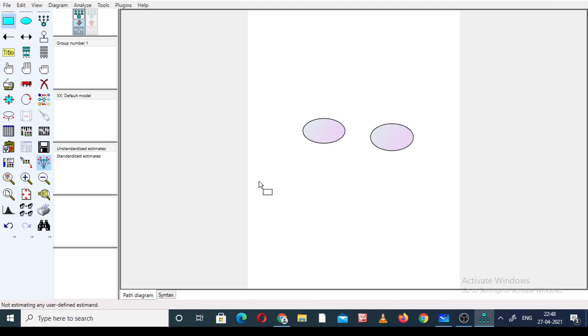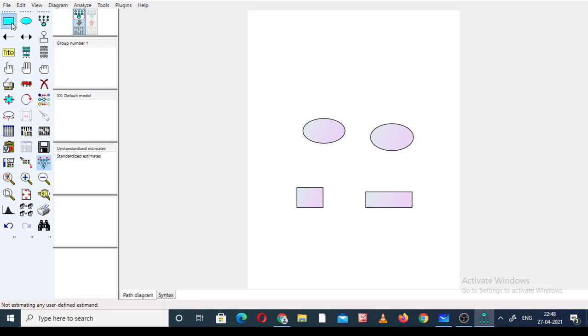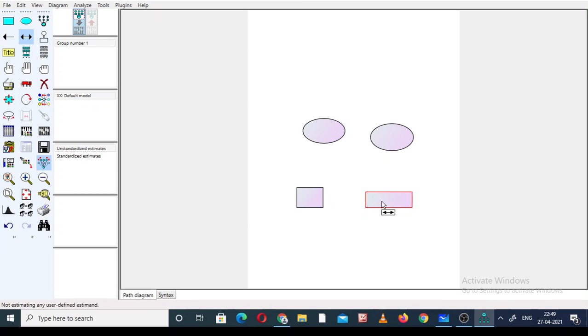Next, like this one and this one, how to use it. This is the way, and the same we can use for the one-headed arrow also. So this is all about the basics of AMOS.